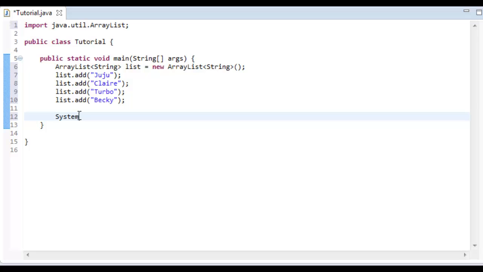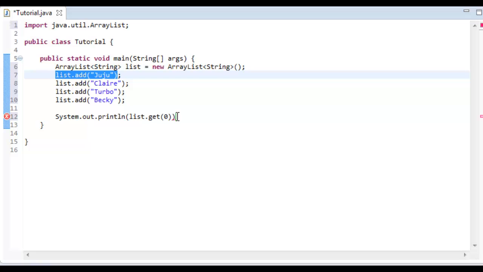So what we can do is print line list.get, and instead of entering those square brackets, we're just going to type .get and specify the number here. So .get 0, and because Juju will be at 0, that's going to specify that, and it's going to say